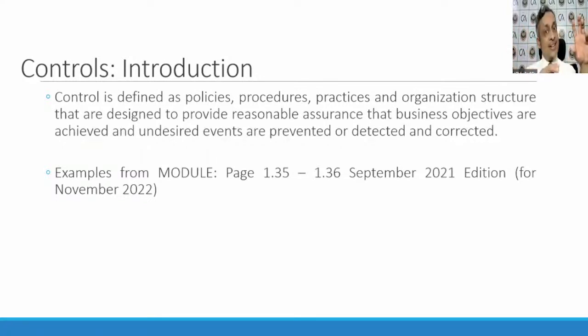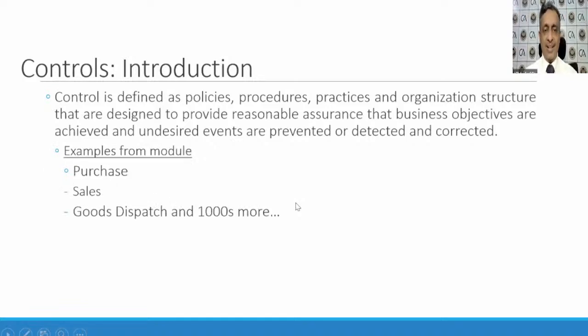The whole purchase to pay or procure to pay process has been subdivided into its components. And one component, that four headers flowchart. So one component is being linked to the other component. This process of linkages is what you have created, a business process automation. And once you create a business process automation, you need to ensure that one system linked to other works properly. That is what is supposed to be done. So example from module, purchase, sales, that you can all do. So we are not giving time on this one.